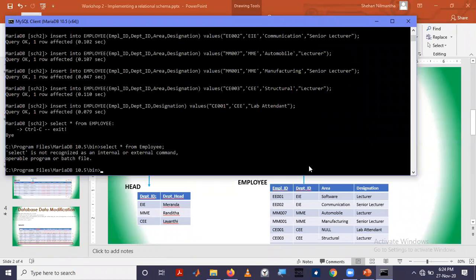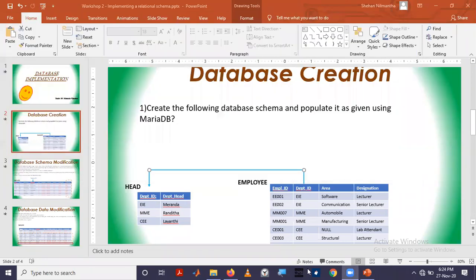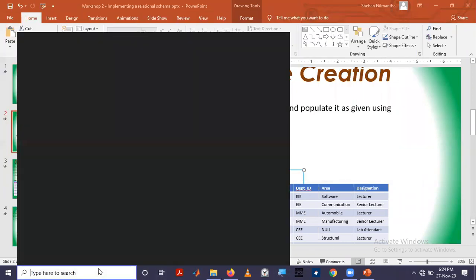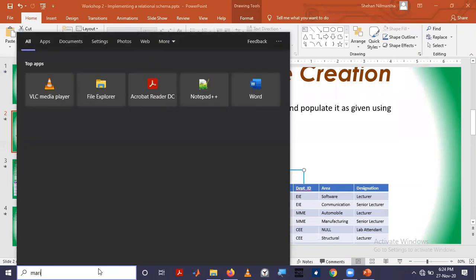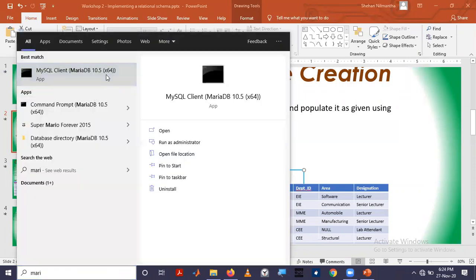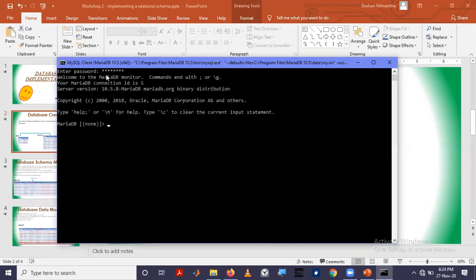I went into the previous instance, no? So I have to go back and come. So I have already created the schema using create schema.